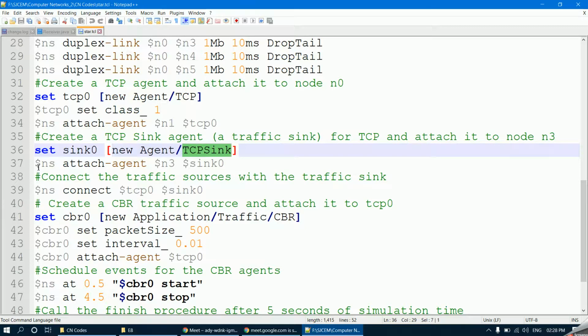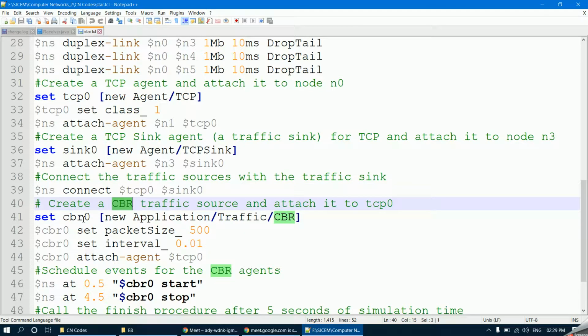Node 3. That is why dollar symbol ns attach-agent node 3 लिख रहे हैं हम लोग and sink0. Clear? Now I have to simply connect the traffic source with the traffic sink. So I am going to use the keyword connect with your dollar symbol tcp0 and dollar symbol sink0. Clear? Then these are the bit rates.